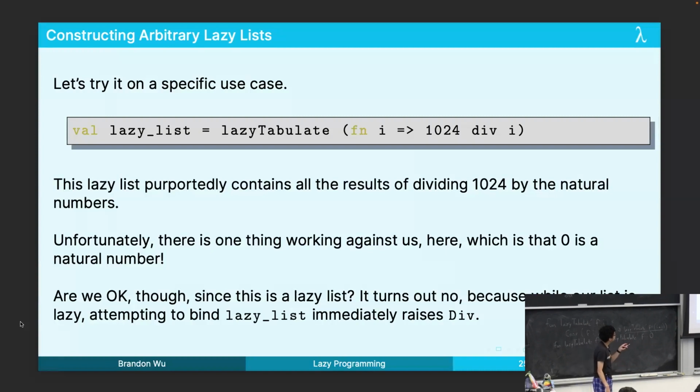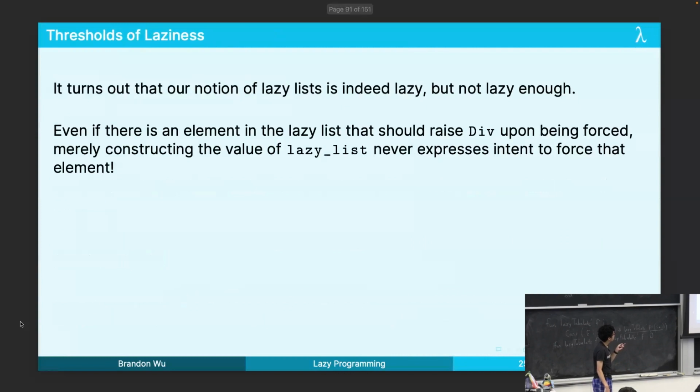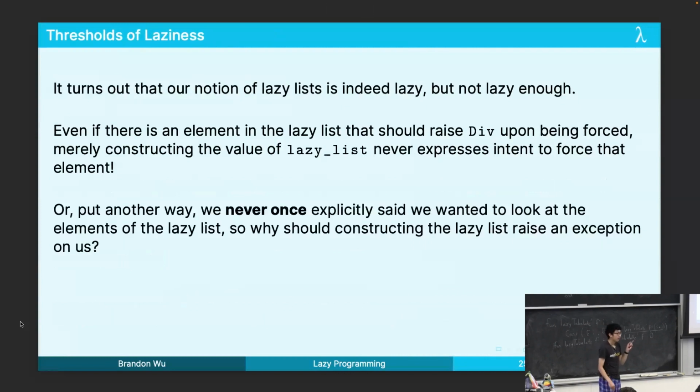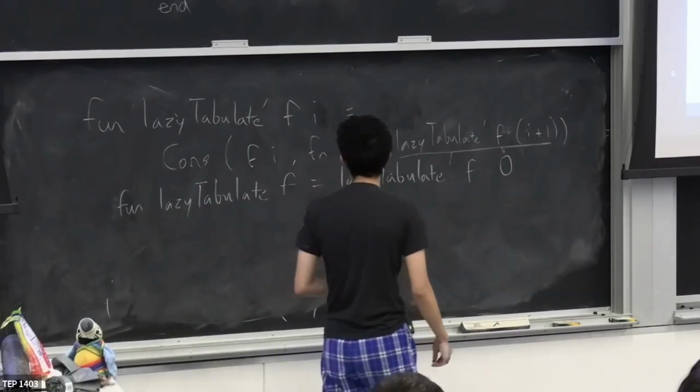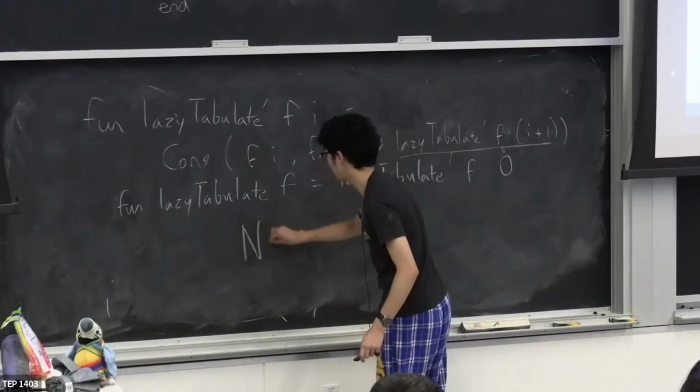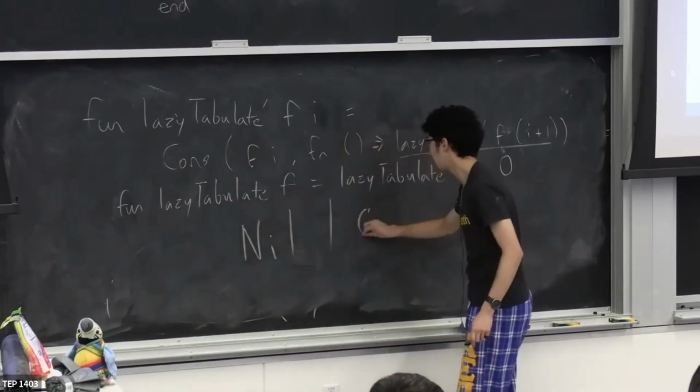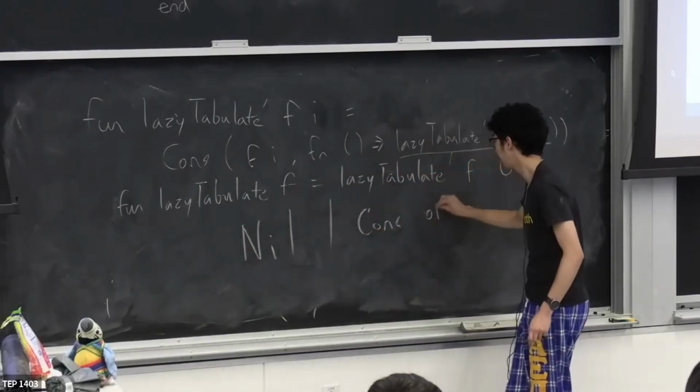Because all I said was I wanted a lazy list where every entry was 1024 divided by I. But I never said I wanted to look at each element. There's a difference there, okay? So what we're going to find with lazy lists is that they're not lazy enough because we have no choice. If you look back at the definition, which is way too far now, we have nil or we have cons of